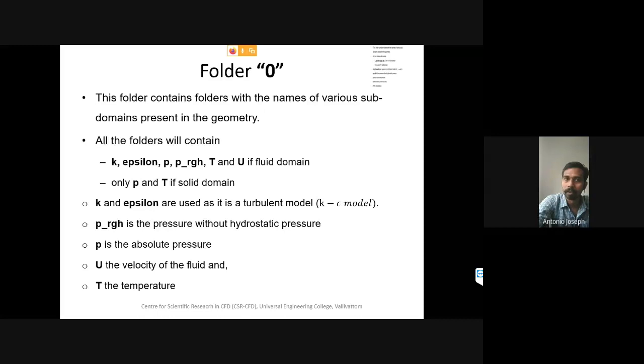Then we have a solid domain at the left and right ends. Then we have a heater also. That's another solid domain. So these solid domains will be having only two terms, that is pressure and temperature, while all the liquid domains or the fluid domains will be having K, epsilon, pressure, P minus rgh, temperature, velocity, etc. Okay. So that's it about the